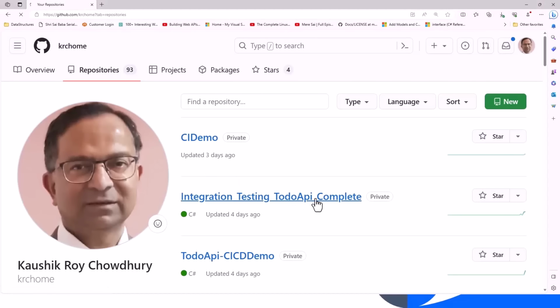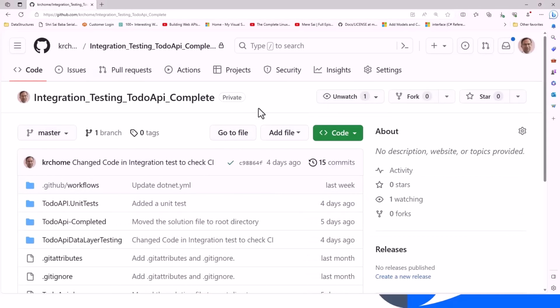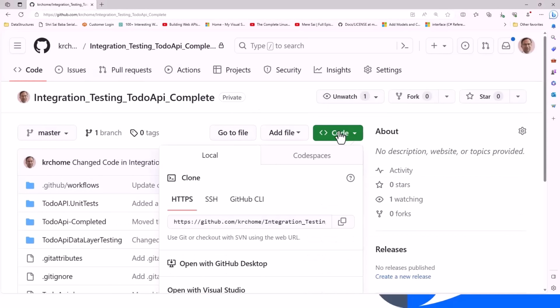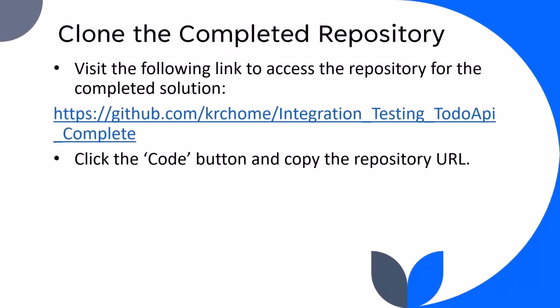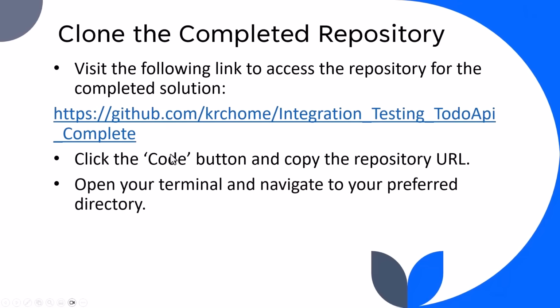What I can do, because I have already logged in, so I have access to the code. So if I click this code button, then I can clone, very much copy it from here. And so next is once you have copied it from here